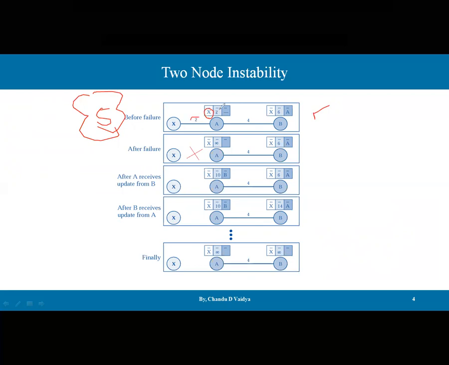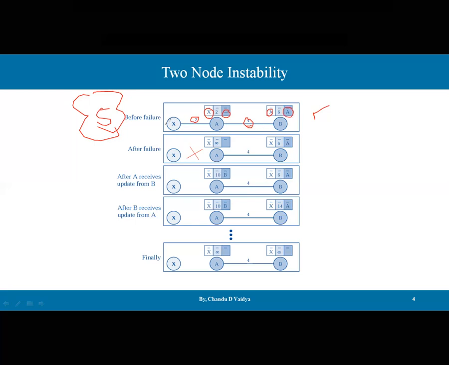So this is what the cost is maintained over here, and this is the self connected. So there is no next hop. But from A to B, there is a path. The path has a cost of 4, and B maintains his table. Let's say B wants to reach X with a cost of 6. So this is 4 plus 2, which is 6, via A. So B is saying, I can reach X via A with a cost of 6.